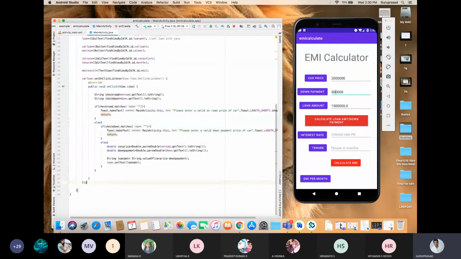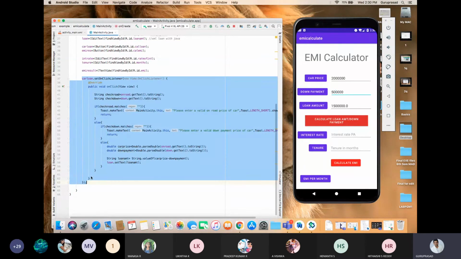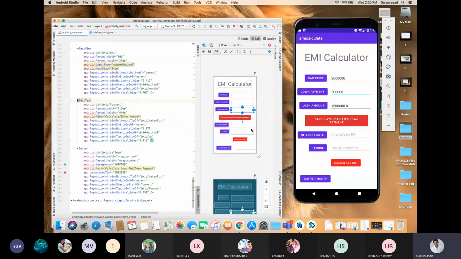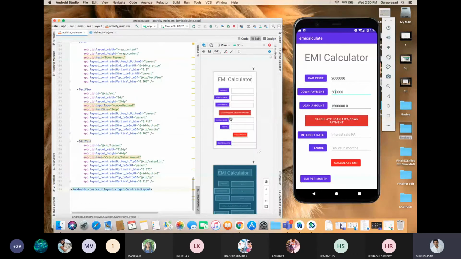Okay, I'll just give you an assignment. For the time being, I'll just delete this. Then I'll delete calculate button also. Okay, so why I'm deleting calculate button?